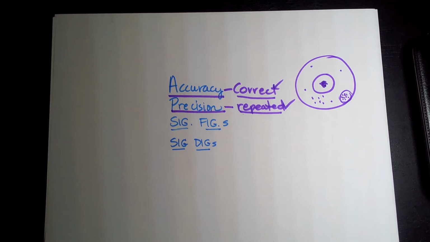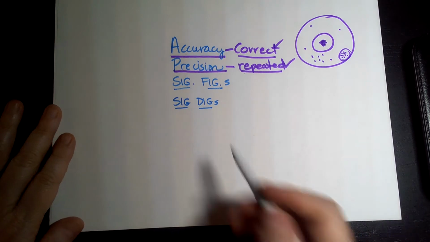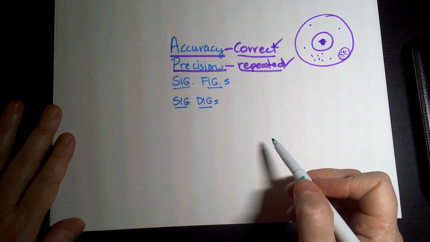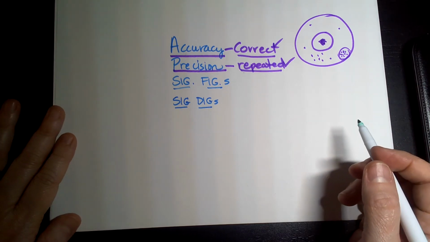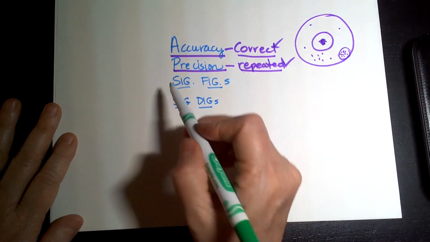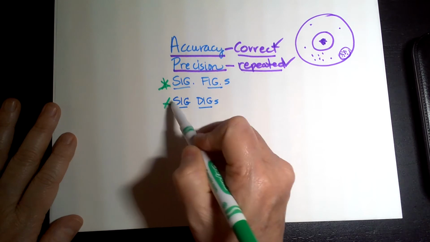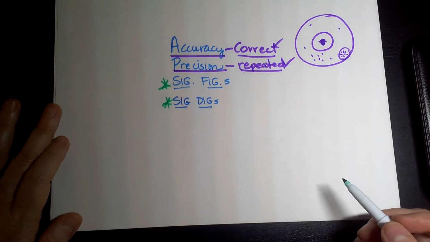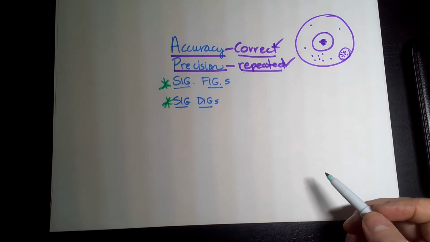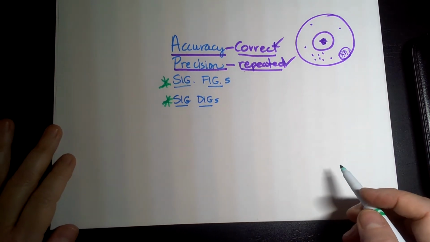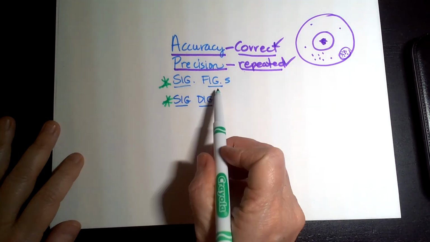Now, significant figures or significant digits is one of the number one questions I always get asked. When a kid does math, they want to know how many places should I round it to, or how many decimal places do you want, or those kinds of questions. This will answer those questions for you, so you should not have to ask me, nor should you ever have to ask, hopefully not ever, a professor or someone like that. Okay, so significant figures,